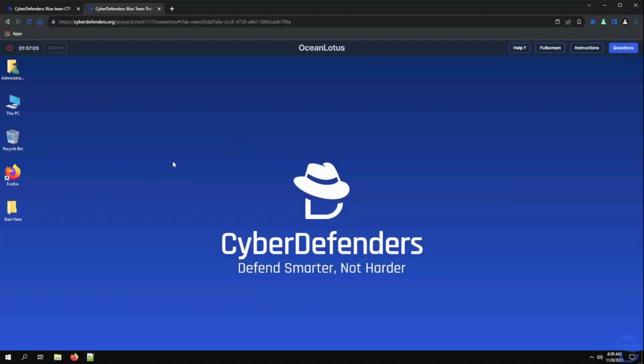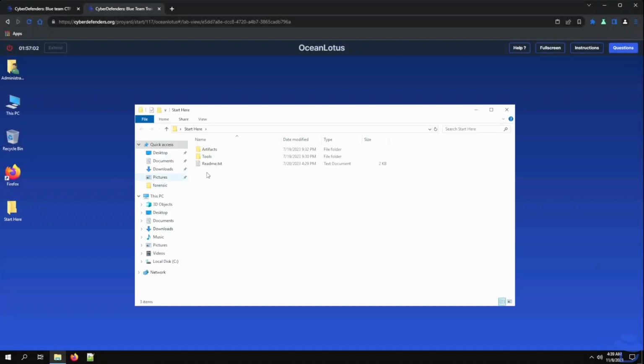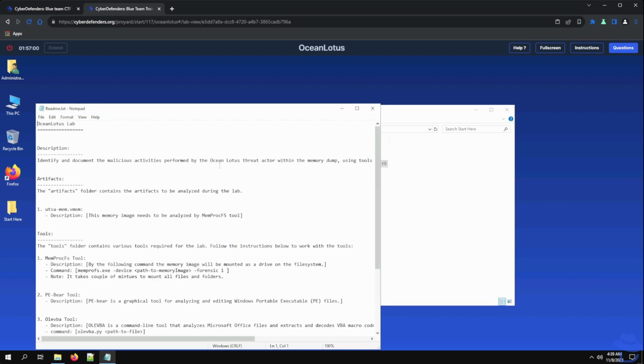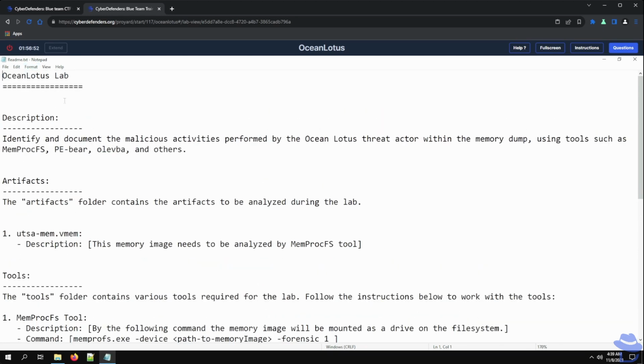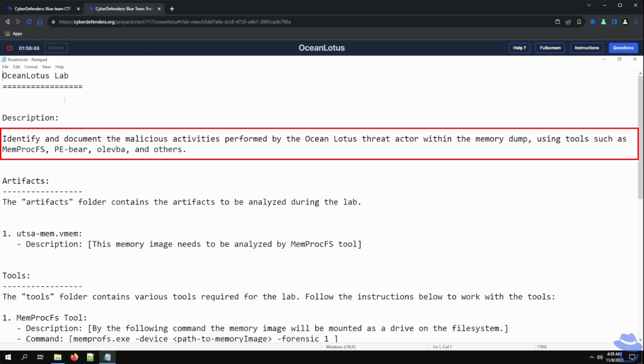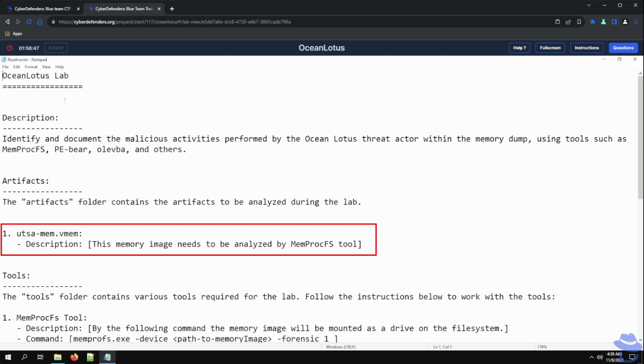Now that our lab is fully loaded, let's begin with the readme.txt file. It outlines the lab's objective, which states, identify and document the malicious activities performed by the OceanLotus threat actor within the memory dump, utilizing tools such as MemProcFS, PE-bear, olevba, and others. Next, it mentions that we have a single artifact within the artifacts folder, a memory image to be analyzed using